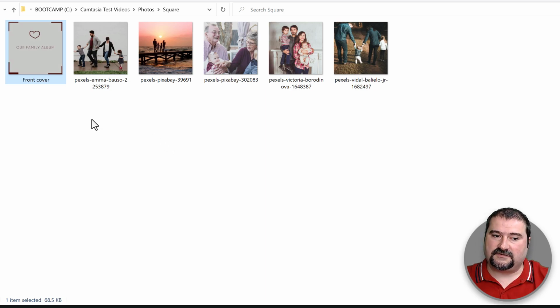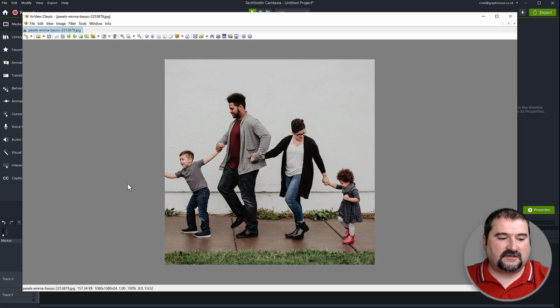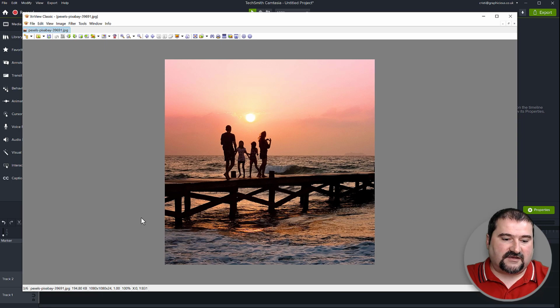But if you're going to build this yourself, make sure that all the images you're going to use have the same exact size. And I don't mean just the aspect ratio, because these are all square. They also must have the same size. In this particular example, the ones that I'm using here, if you look down there, 1080 by 1080 pixels. If I change the images, you see they all have the same size. That's the only constraint you're going to need, because Camtasia is going to just move the image all over the place when you replace an image inside of an asset that is different from the one used to create the initial one.